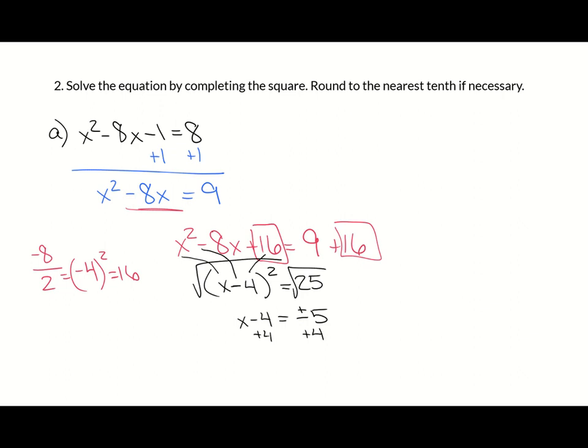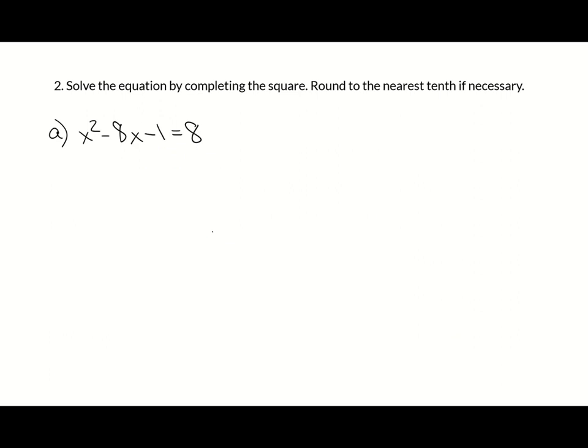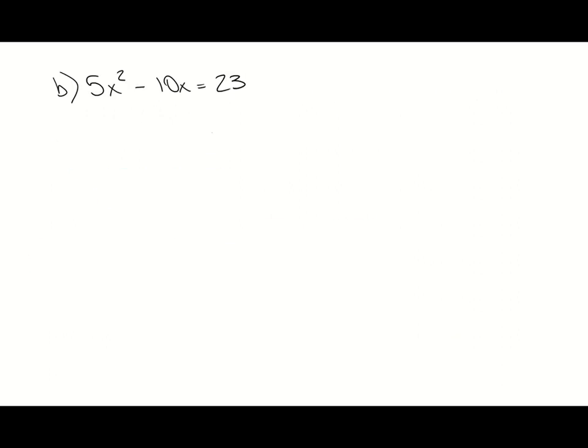Isolate the x by adding the 4. So x equals 4 plus or minus 5. So 4 plus 5 is 9, and 4 minus 5 is negative 1. Those are my answers. All right, the second equation is a little different because I have a quadratic term other